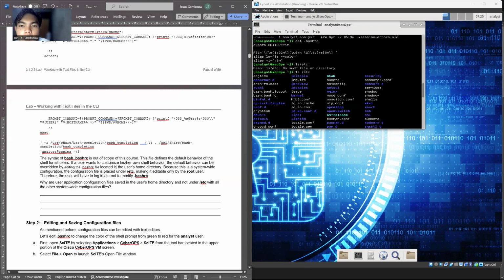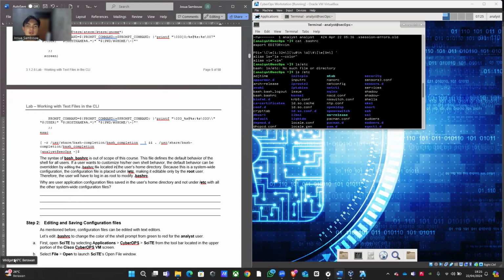If the user wants to customize his or her own shell behavior, the default behavior can be overridden by editing the bashrc file located in the user's home directory, because this is system-wide. Therefore the user will have to log in as root.